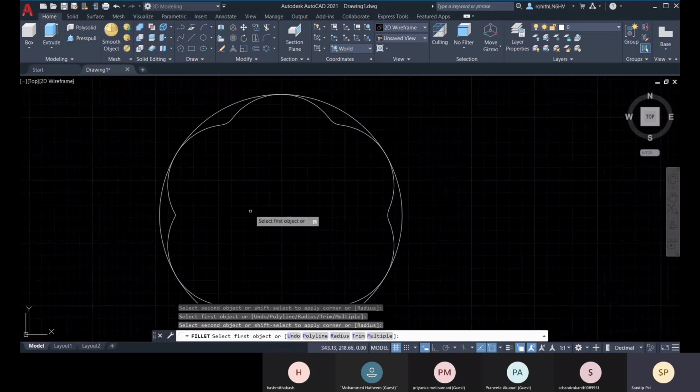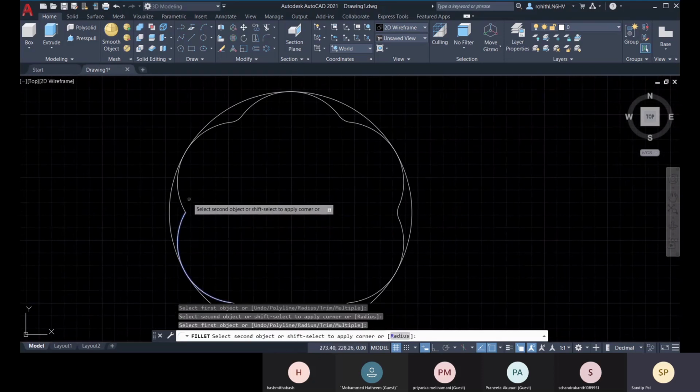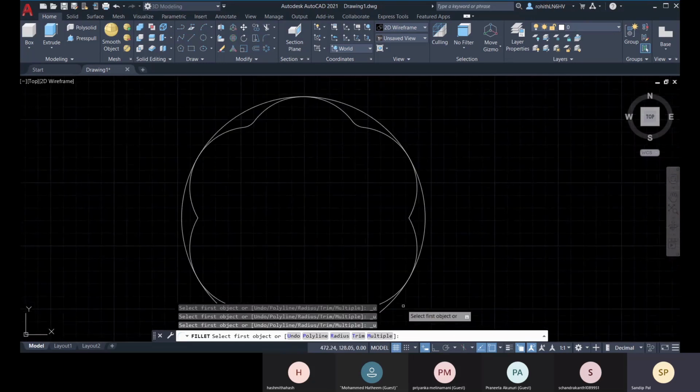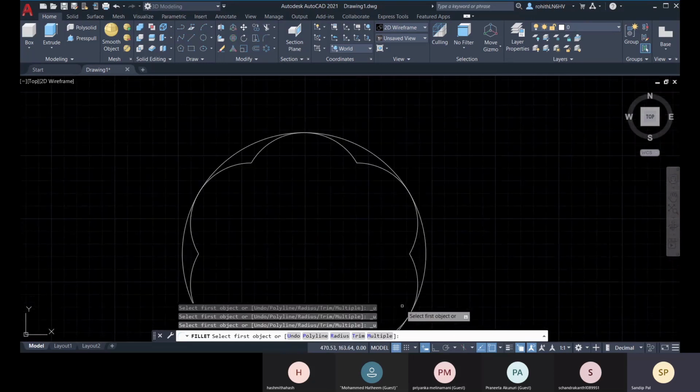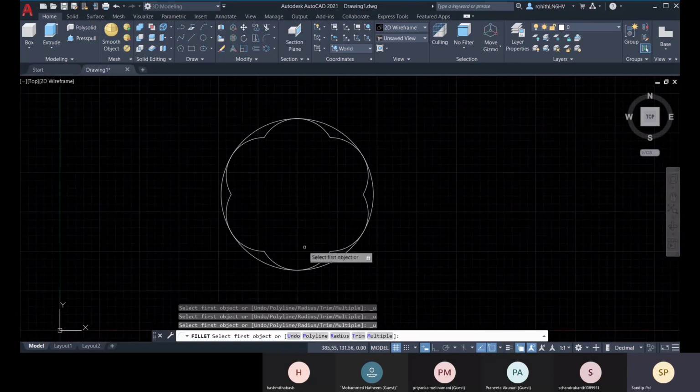Okay, all right. And for this one, or else what you can do, you can double the radius. So this totally depends on your design, how you want to make it. So you can go for 32.16.